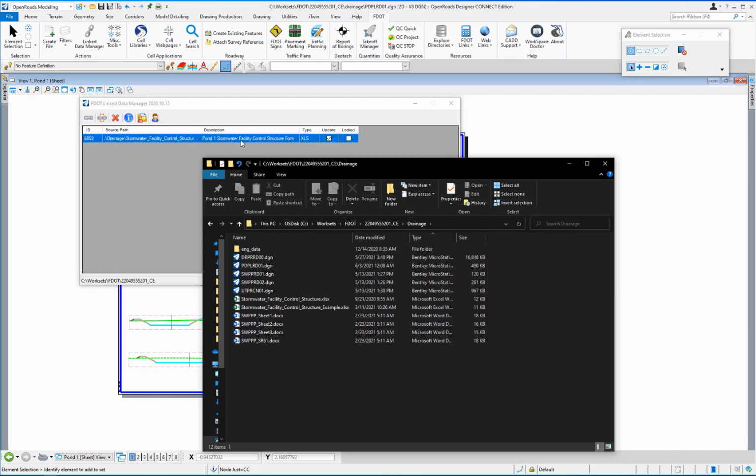Using Windows File Explorer, navigate to this project folder and into the drainage folder. There should be two Excel files in this folder.